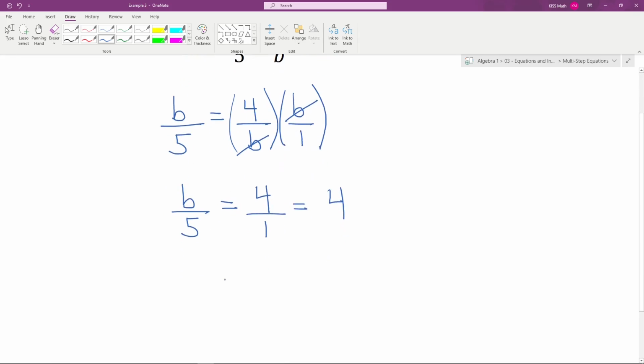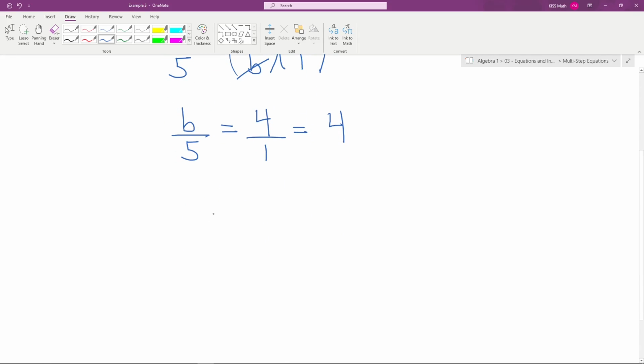So now we've kind of isolated the b, but we still have this divided by 5 over here. This is essentially our coefficient, right? Another way I can write this would be 1 over 5 times b equals 4. It's just a different way of writing this fraction, but it makes it clear that 1 over 5